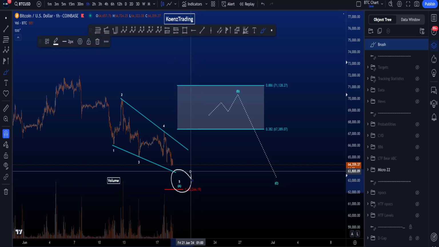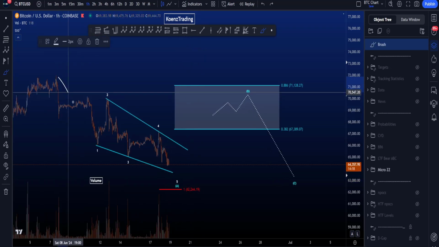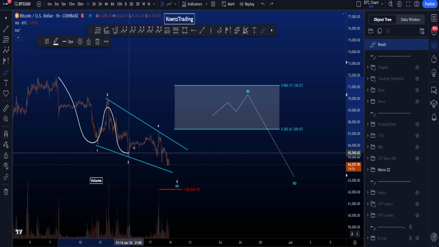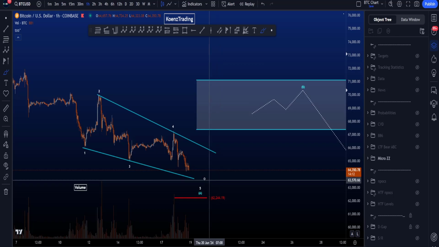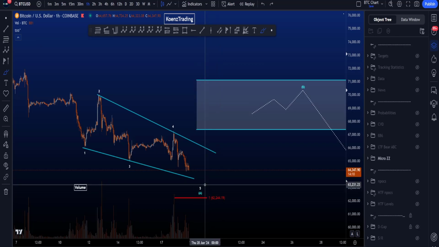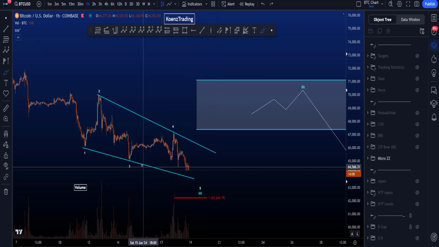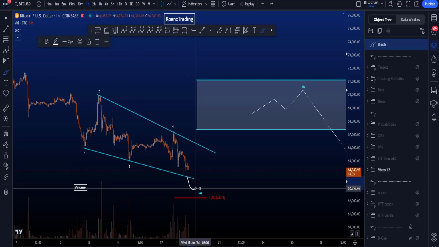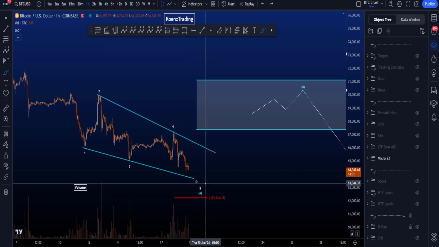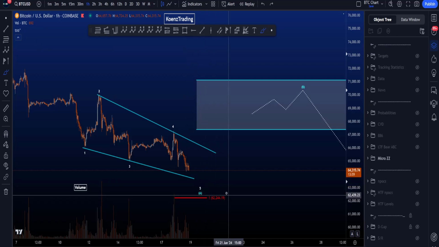In wave A, we are then looking for a leading diagonal, a 5-wave structure, 1, 2, 3, 4 and then eventually a wave 5, where we are waiting for this wave 5 to finish. It is common for a wave 5 to break the 1-3 trend line, so it's no problem to move to the downside below the trend line as long as this move to the downside is not going to hit